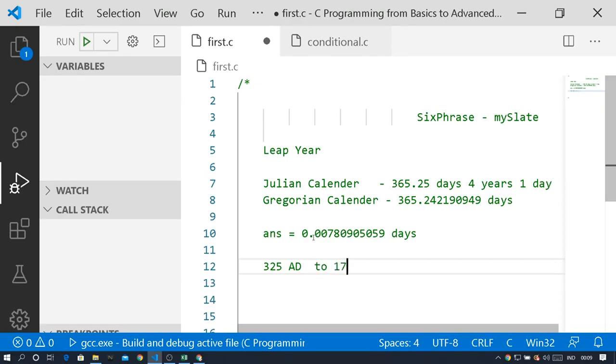1752 Anno Domini. So how many years were they using it? Subtract both these years. So when you subtract both these things, you will get 1427. So for 1427 years they were using this Julian calendar, by which what they have done is